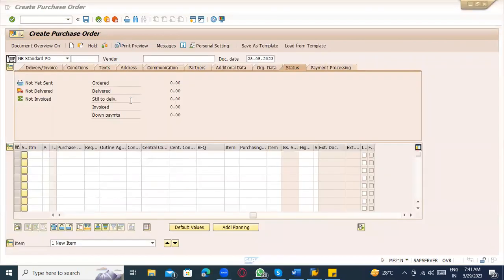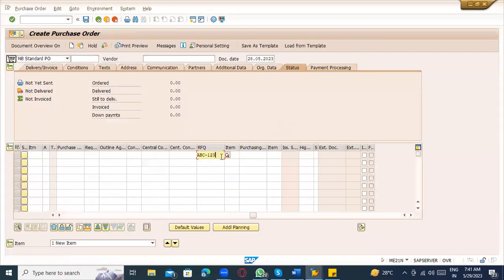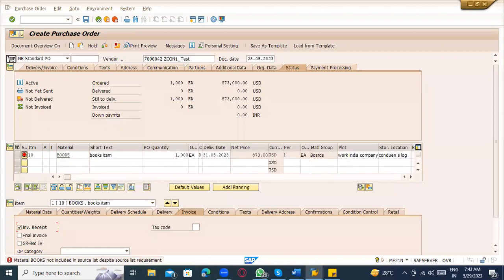So I'm entering the quotation number and the item number. Based on the quotation number and the information there, it is all calculated. Since we have a quotation source list targeted,